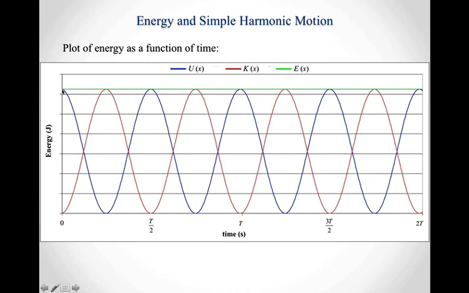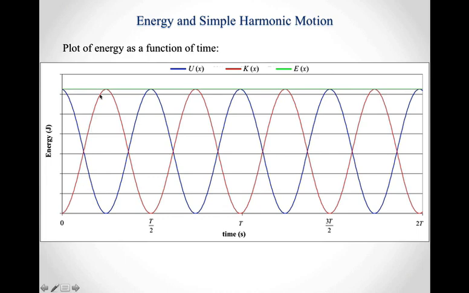We're at amplitude, so we start with all of the energy in potential. Here's where my object is coming through equilibrium, potential zero. Here's where it's at the other amplitude. So this is halfway through the cycle. It bounces back through equilibrium. It comes back to where it started. So what you see is for this blue curve, it basically makes a W to go all the way through a full cycle. The red curve, on the other hand, the kinetic energy, it starts at zero when you release